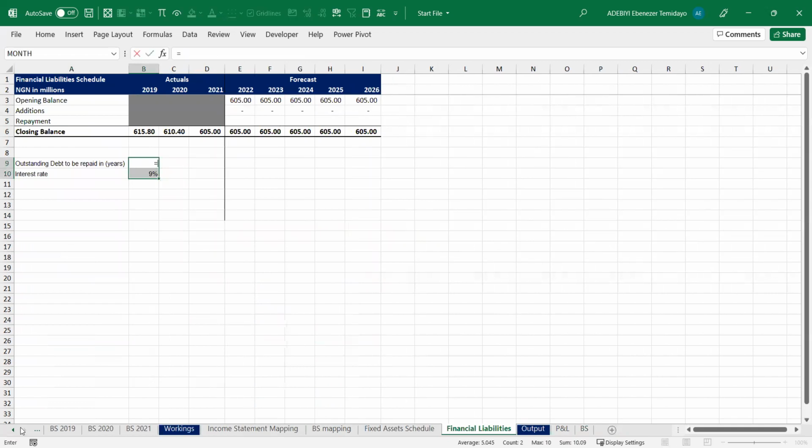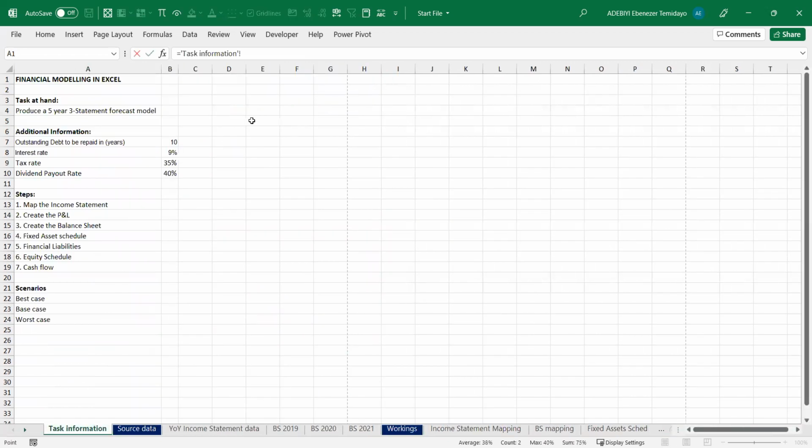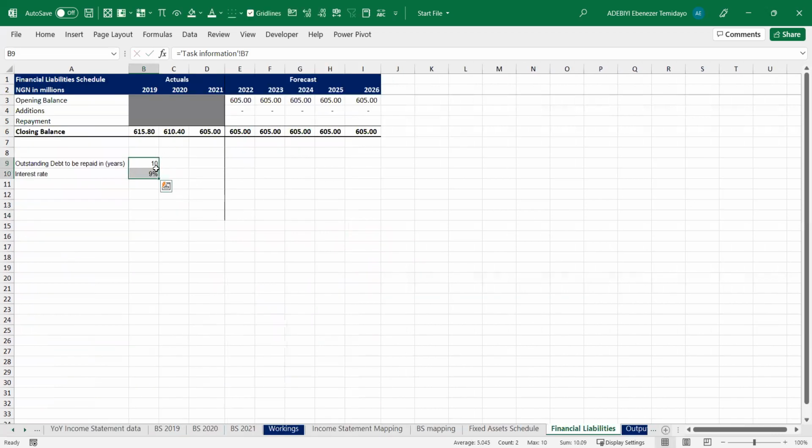Equals. It's always good to link, so that if you want to change anything, you only change it at one place, right? You don't have to change it multiple times. So I have outstanding debt to be paid is this. The interest rate is this. What's the current balance? Let me see. Current balance is this value,